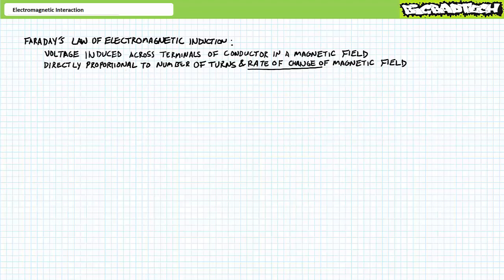There's a couple ways to create a changing magnetic field. First, one could have a constant magnetic field, either a permanent magnet or an electromagnet with a fixed level of current traveling through it, mounted at a stationary point, and then one could rapidly pull, push, or spin a coil of wire in close proximity. The faster the coil was pulled, pushed, or turned by a prime mover through the stationary magnetic field, the greater the rate of change of the magnetic field and the higher the voltage that would be generated across the terminals